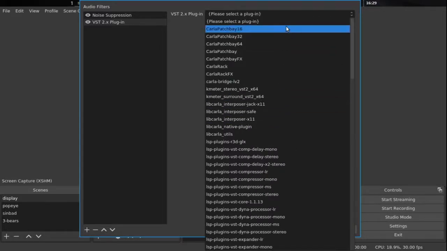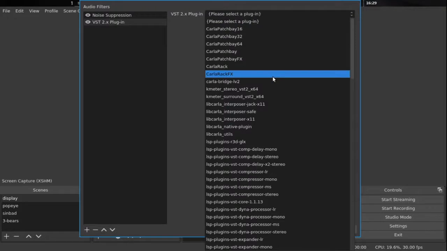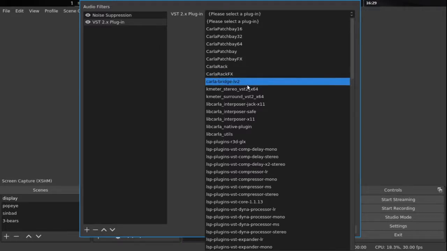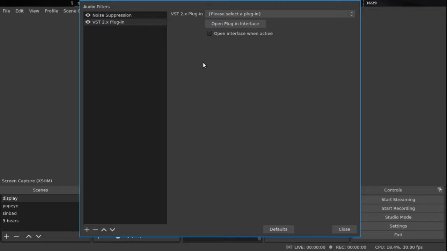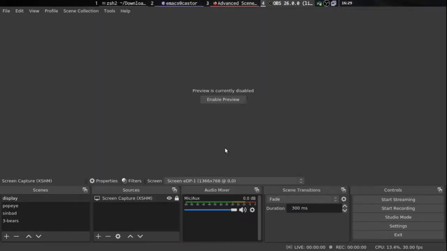So there are actually lots of different plugins you can actually get from the standard Ubuntu repository, or actually download and manually install. So that's going to let you improve the audio on Linux. So that's one update on Ubuntu on Linux, is you now have VST 2 plugins that you can use. And I don't know if you could actually use Wine to use Windows plugins. I'm not sure about that,